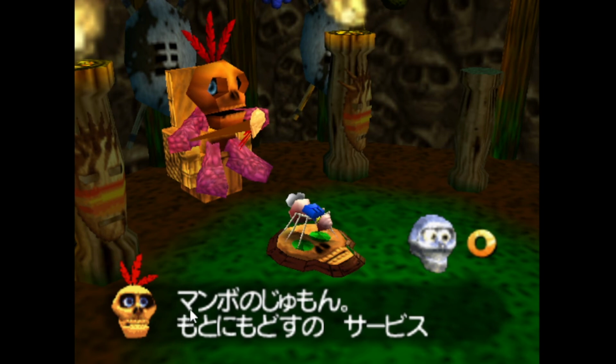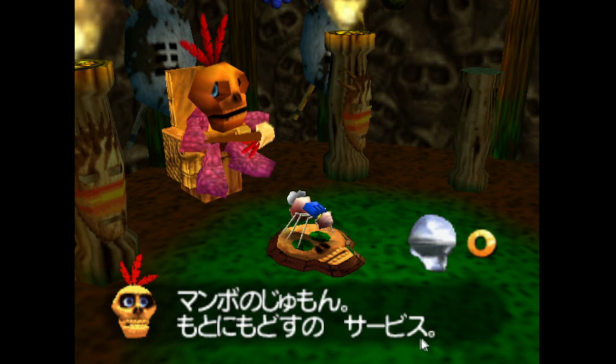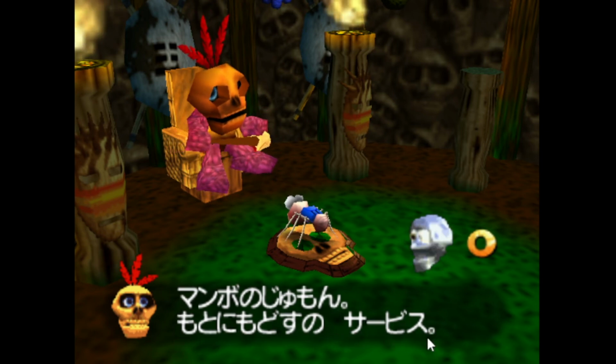What's going on here? Mambo no Jumon. So that's just Mambo's spells, basically. Moto ni modosu no service. Oh, I see what he's saying. Okay. Moto ni modosu no service. So service,